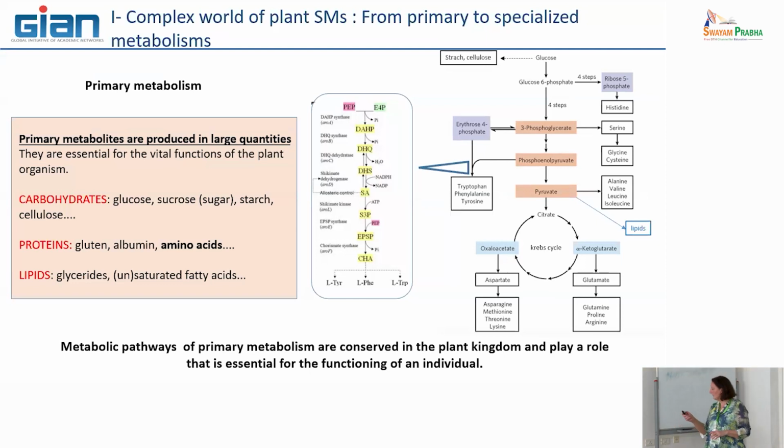Because, in fact, as you can see here, this molecule is able to produce every amino acid. You can see tryptophan, phenylalanine, tyrosine, and different other types of amino acids that are the starting point of the different metabolic pathways leading to terpenes, alkaloids, and phenolic compounds. So it's very important to have an idea of these precursors, because we can name these amino acids as precursors of the specialized metabolite biosynthetic pathways.